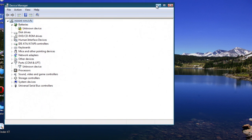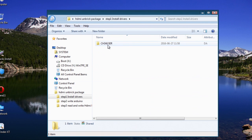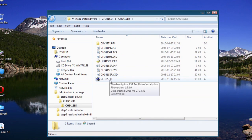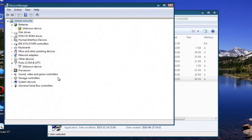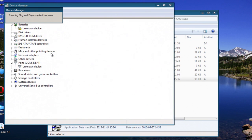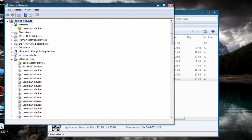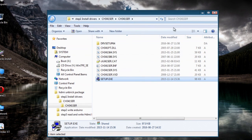So what you can do here is go into my package, go into step 1 and choose setup and install it. Alright, once that's done, go find out your COM port, go back to Device Manager. Might have to refresh this. Alright, so I'm on COM 3. That's good. So just remember the 3 because for all my little scripts or whatever, all you're going to be doing is typing 3. So once you have the driver installed,